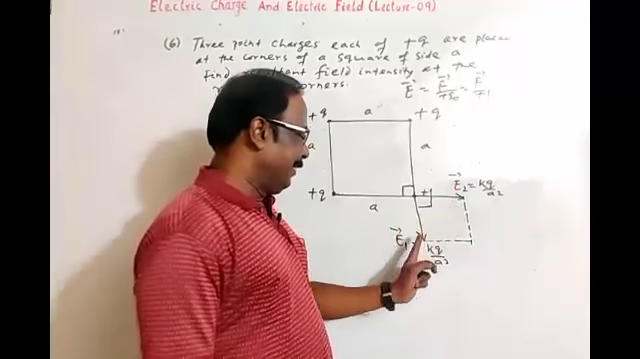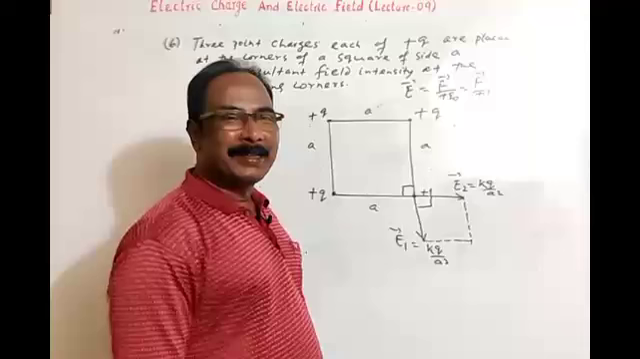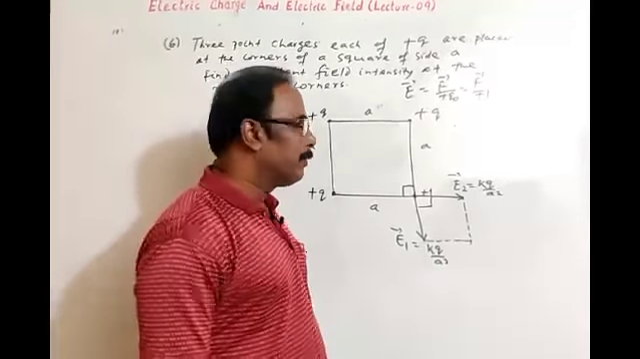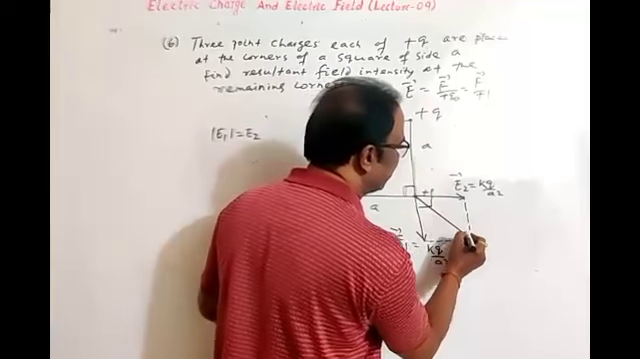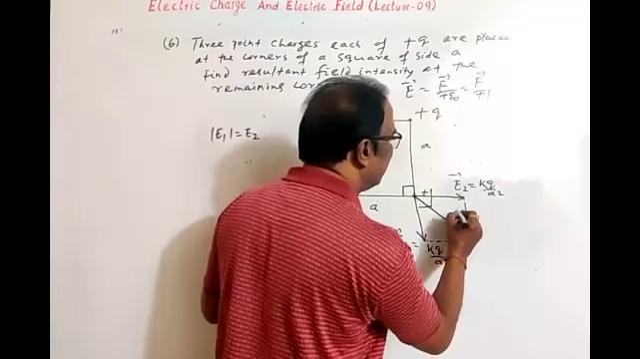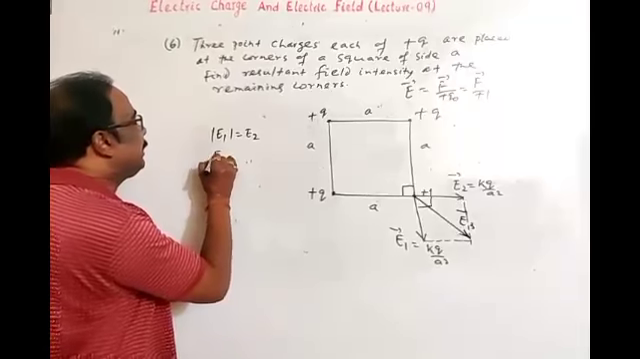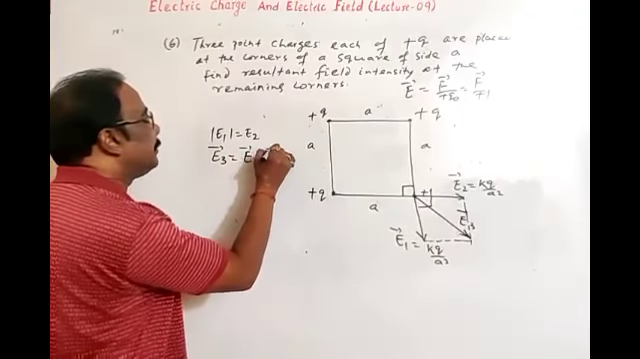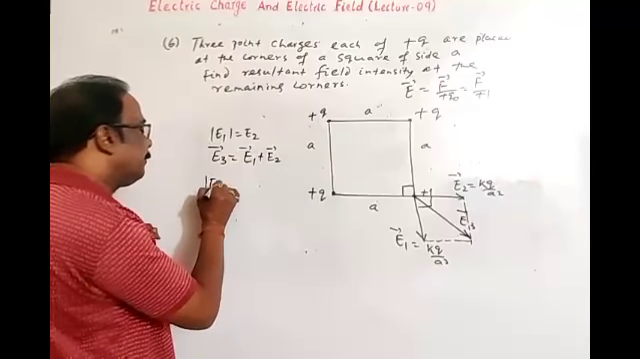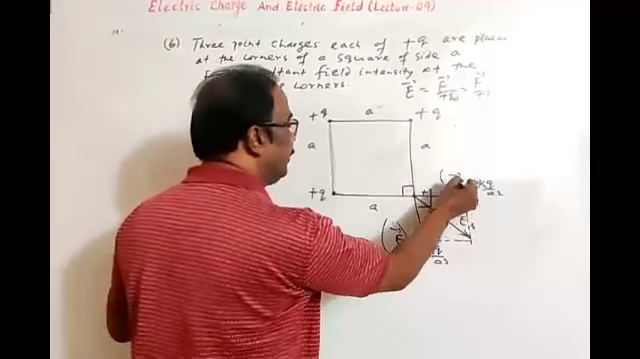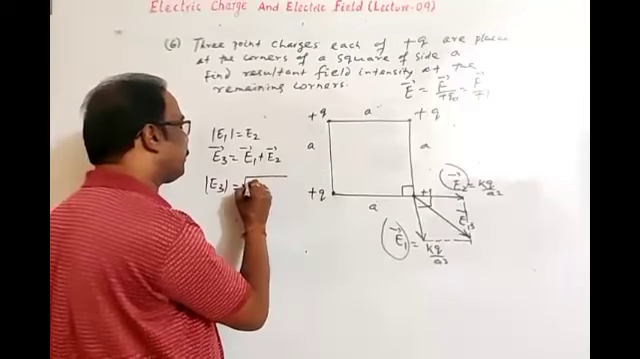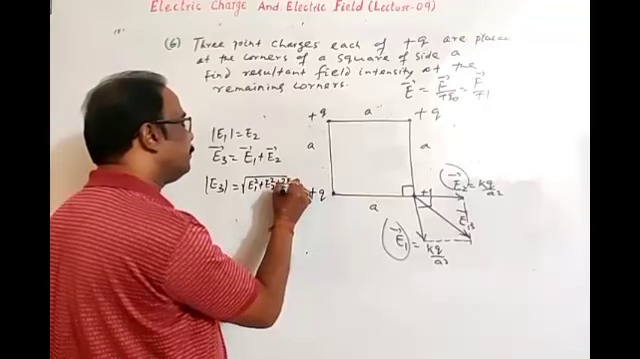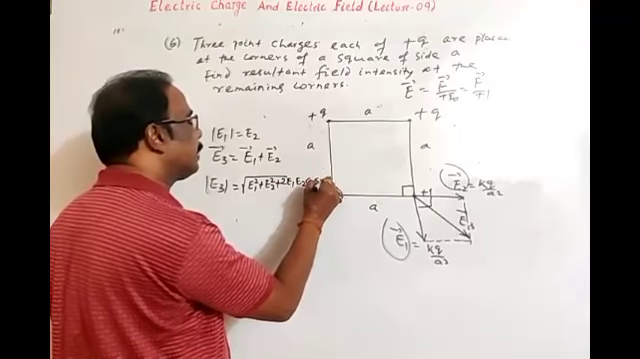The magnitude of E1 is equal to the magnitude of E2. What we have discussed: if the magnitudes of two vectors are the same, then the resultant must bisect the angle between the vectors. So this is the resultant. Let this resultant be E3, meaning E3 vector is equal to the sum of E1 vector and E2 vector. Then the magnitude of E3 is the square root of E1 square plus E2 square plus 2E1E2 cos theta, where theta is